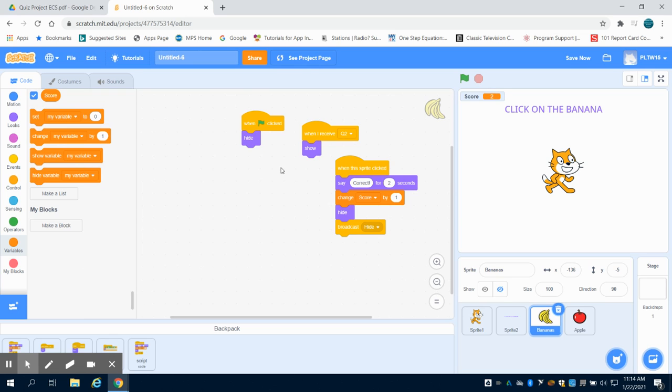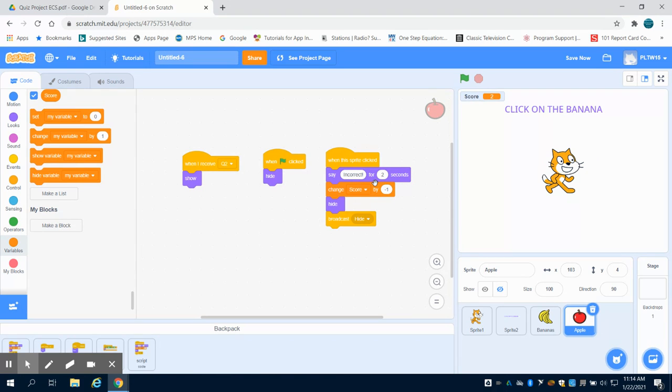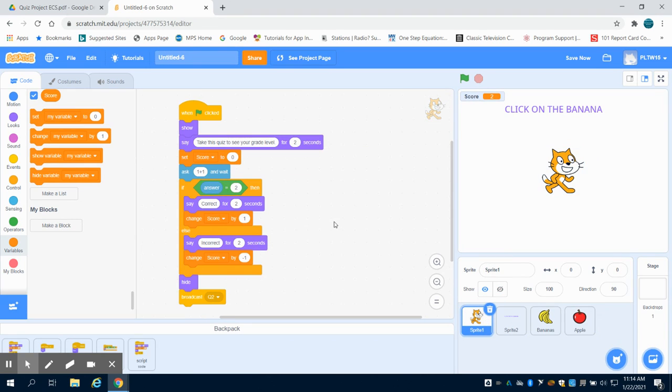This is video 3 for creating a quiz in Scratch. In the previous video, we had just set up the response for click on the apple and the banana. If it's correct, for the banana, we're going to add 1 to our score. If it's incorrect, we're going to subtract 1. You can notice we did the incorrect here, subtracting in our first one, so we're sticking with that counting